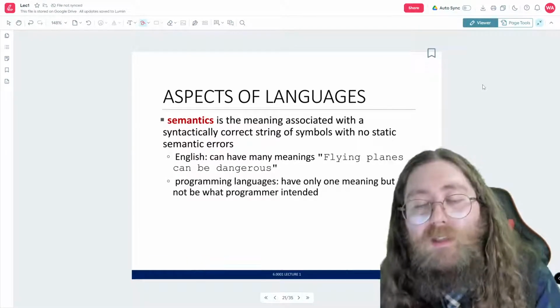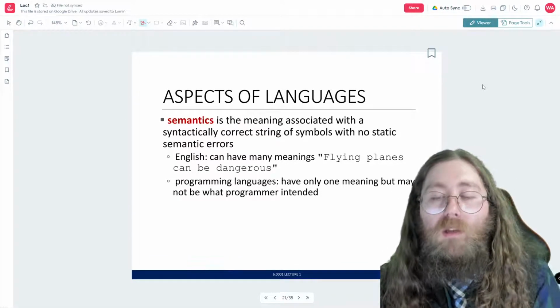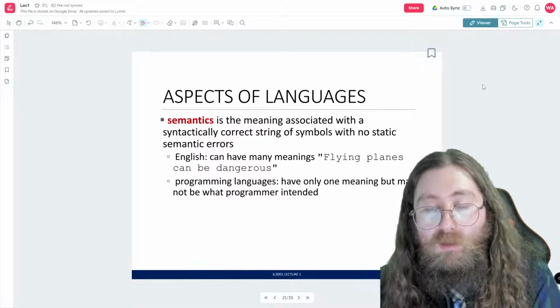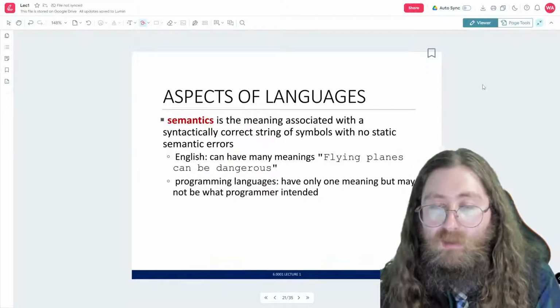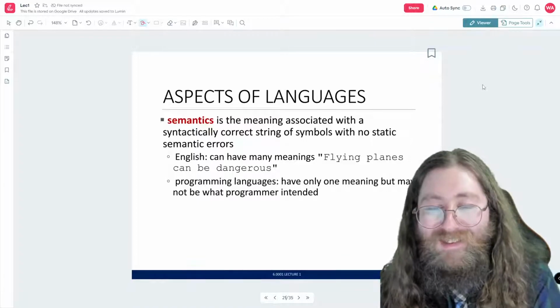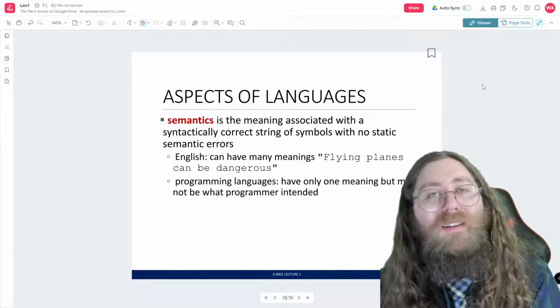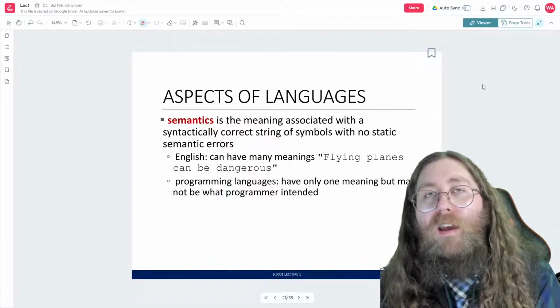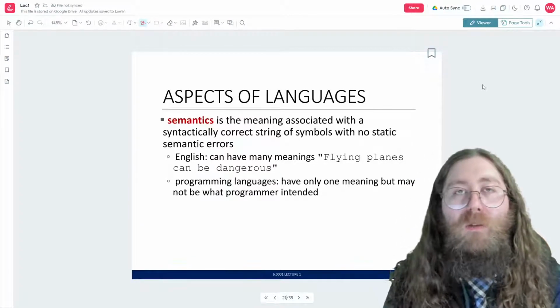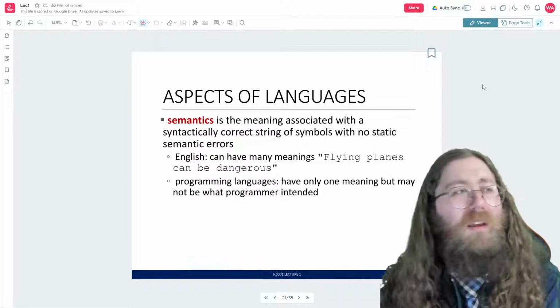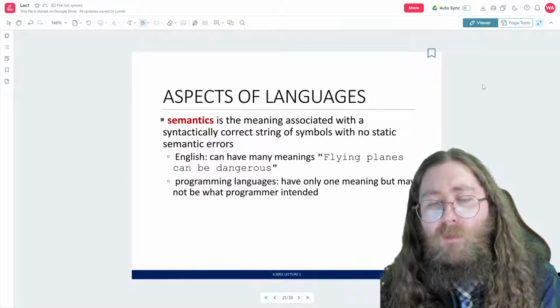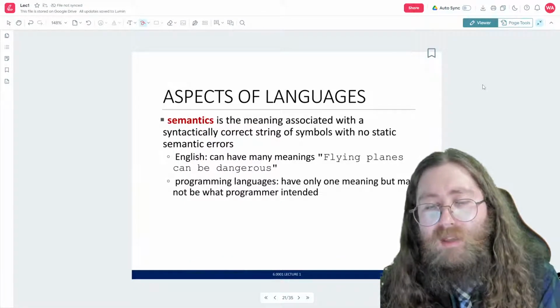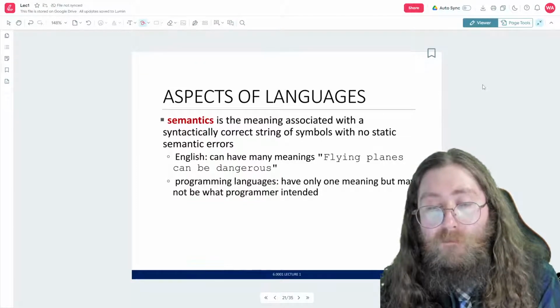So semantics is the meaning associated with a syntactically correct string of symbols with no static semantic errors, okay? What they're saying here is that if you didn't mean to communicate something and that's what's getting across because you have an error in the way that you're saying something, then that's an error, okay?